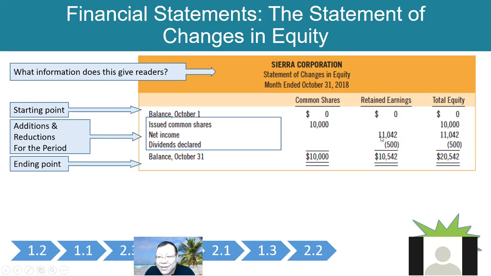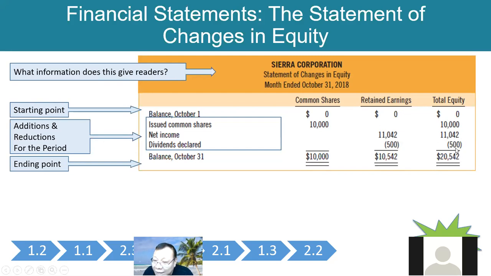$11,042. That's how much net income they make, and how much dividend declared. The owner wants to have that money in his pocket. 500. So the retained earnings for the end of the month is 10,542. And then the common shares, that's the 10,000. Together, the total equity is 20,542. So before you start a company, the equity is 0. At the end of the month, the equity balance is